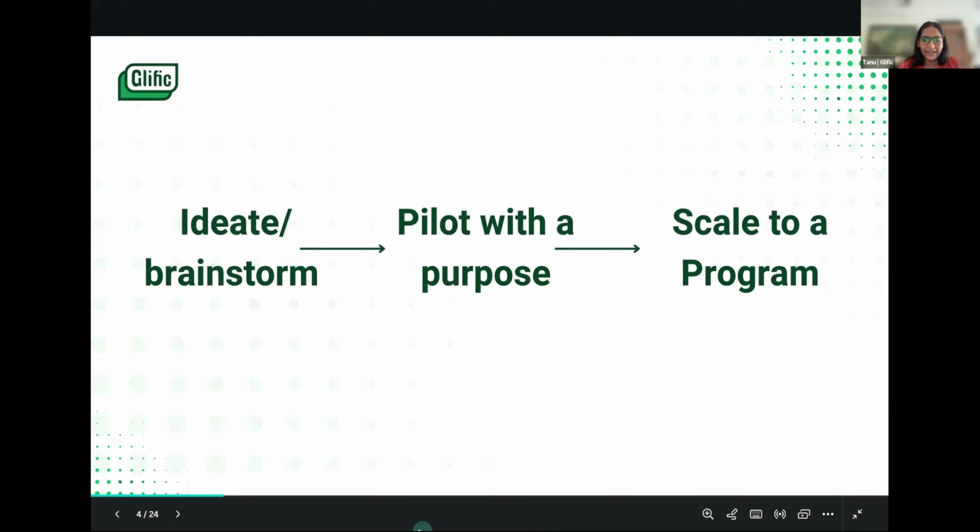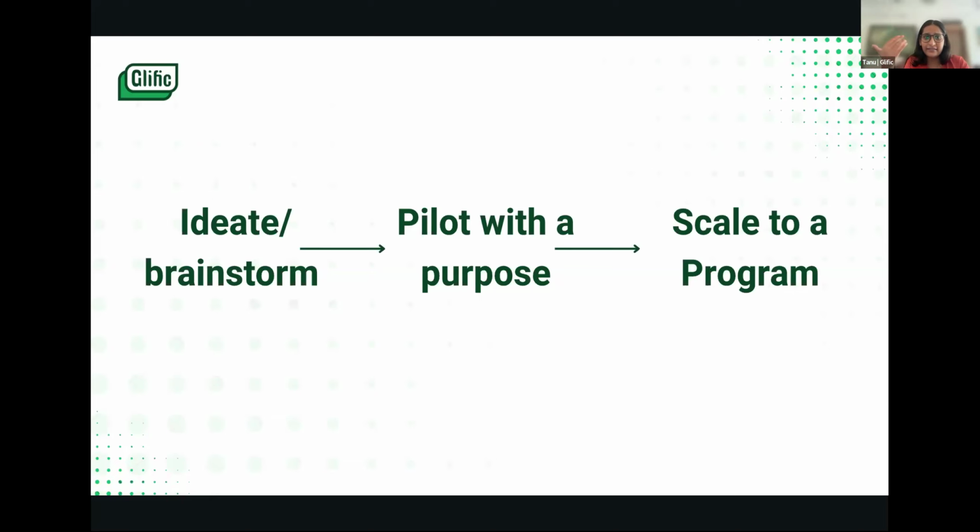Ideally, when you would want to envision anything that you want to roll out, you would first come across the idea or the problem at hand. There's some idea in your head which you think could potentially solve a larger problem. So that's your first step of ideating and brainstorming. Post this, when you have that idea in mind, it is very important that you actually validate that idea.